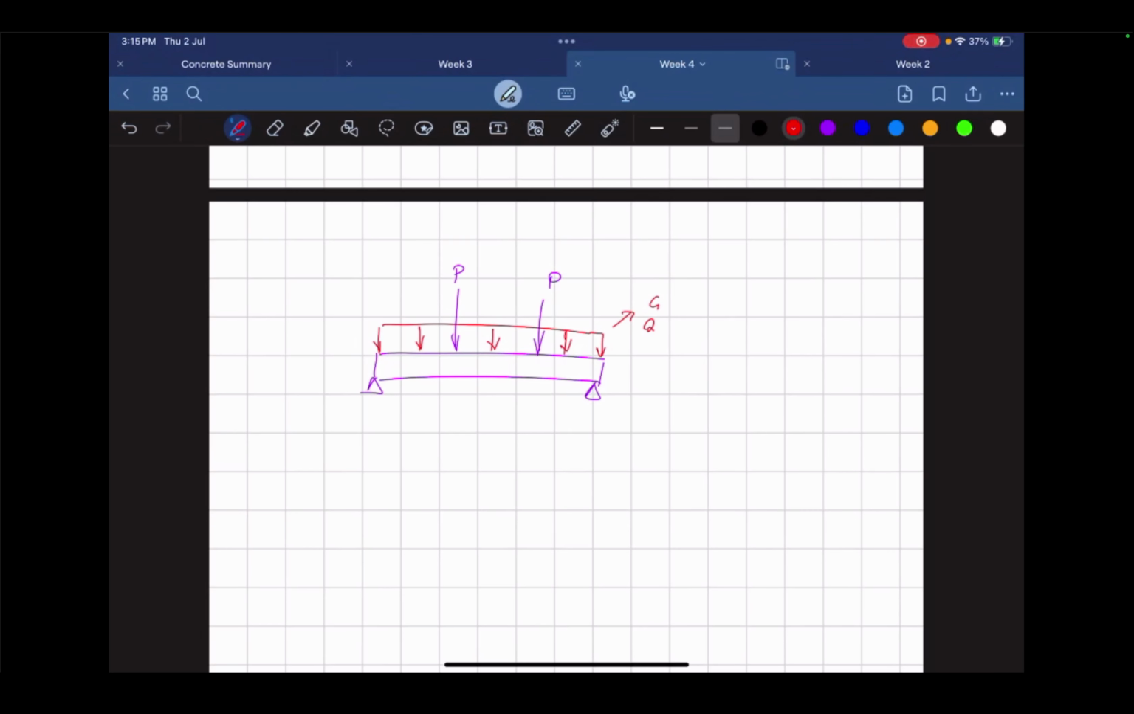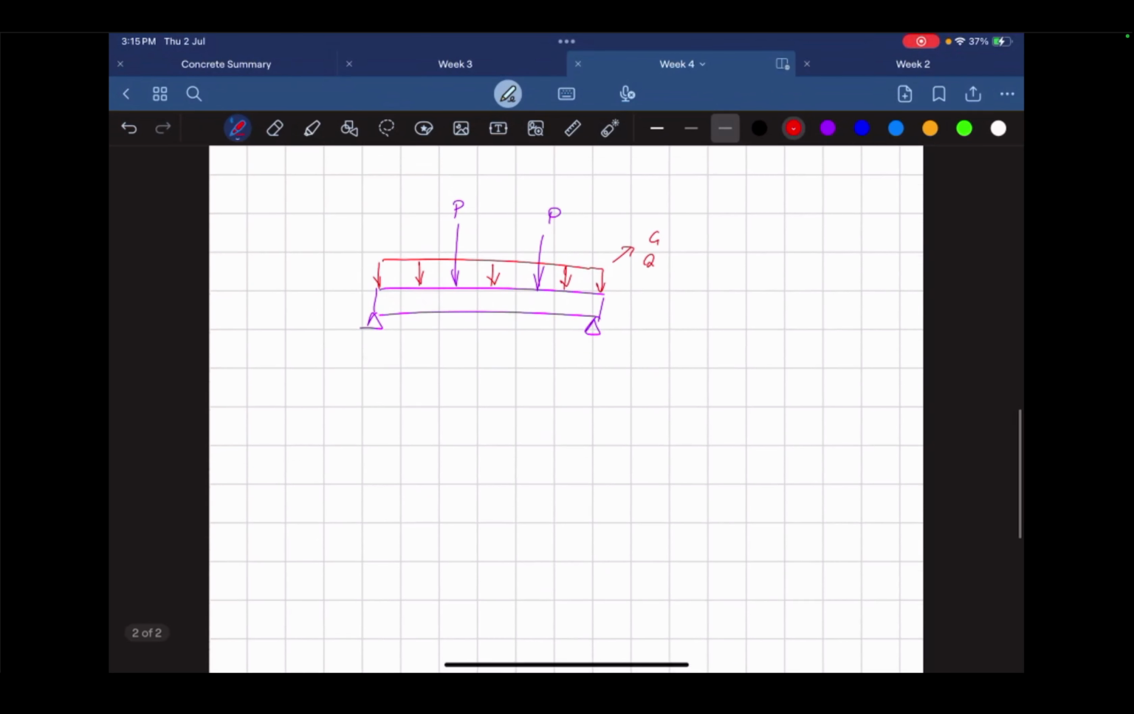So, alright, this is the example. After I factor everything,